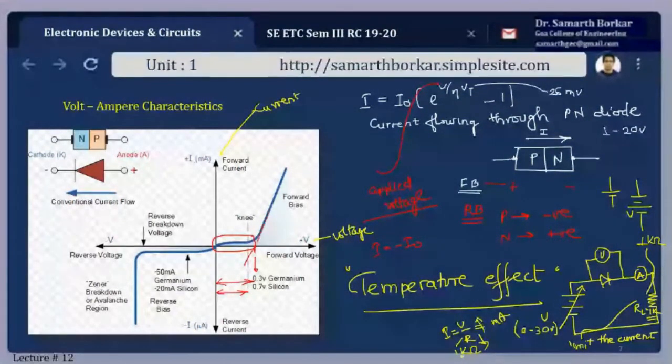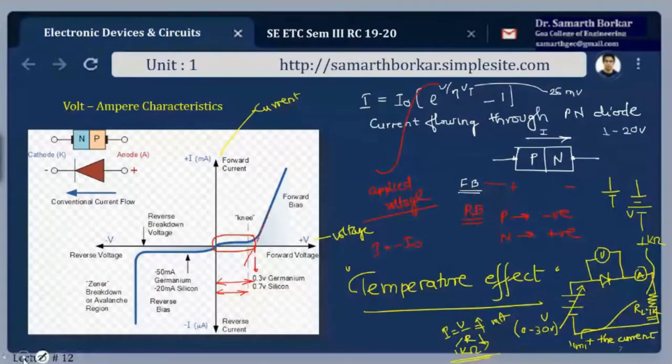So anything divided by 1 kilo ohm, the voltage is say 10, so it will be 10 milliamperes. I don't bother about what is the actual magnitude of R. Just take it as 1 kilo ohms for practical setup. And this is not going to affect your circuit considerations. Clear? Now we'll try to understand the temperature effect.